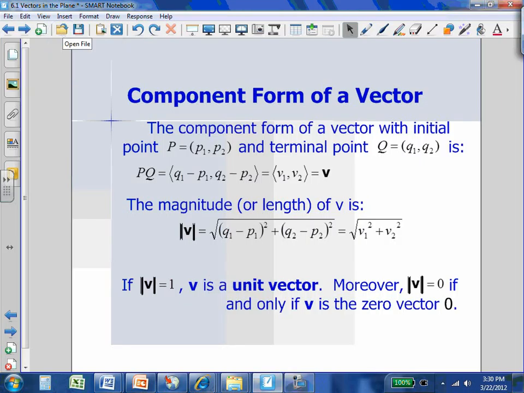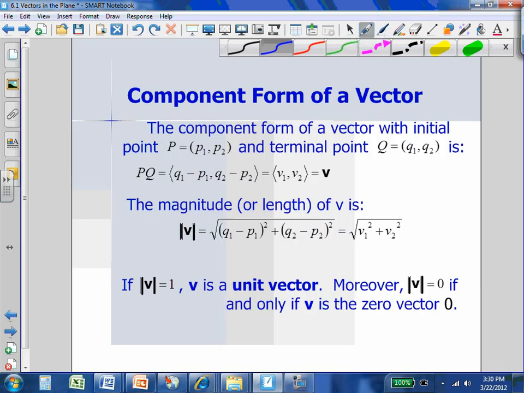Okay, we're going to continue with the component form of a vector. If we have a vector that has an initial point P and a terminal point Q, first I want to take a second and highlight some of the pieces, such as right here, that P1 is our horizontal component going left and right. And if we are trying to find out a component form, which is just an ordered pair form of a vector that tells you how far left and right, how far up and down,